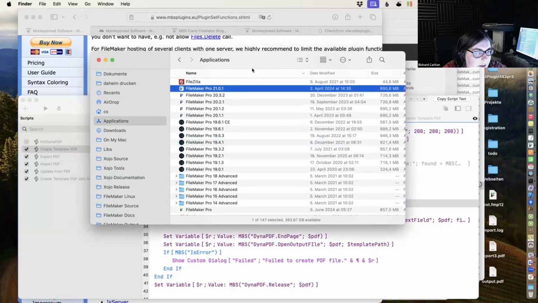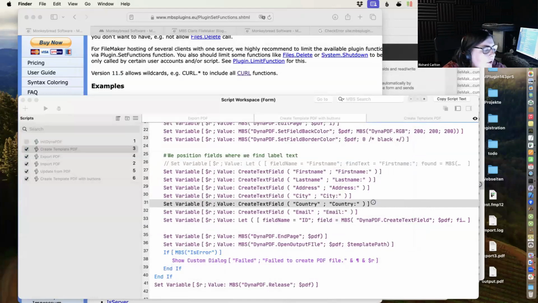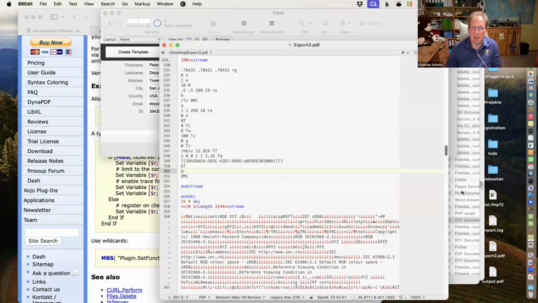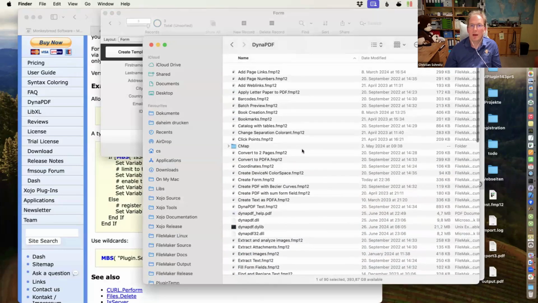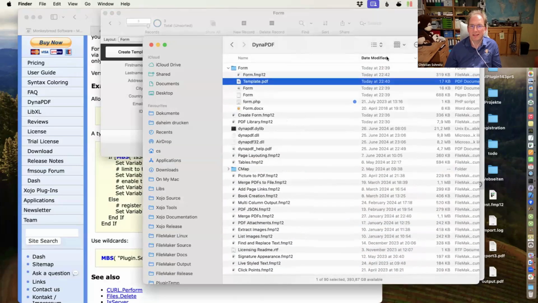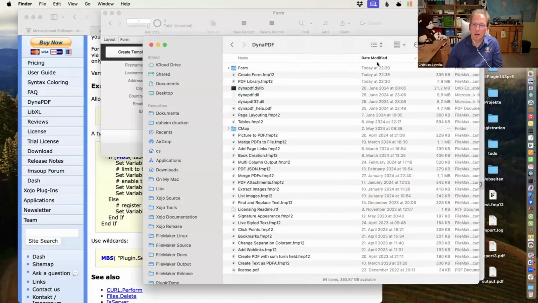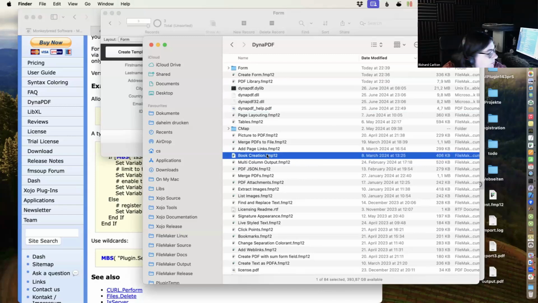So I wanted to ask you about that really cool book file where you made the book using MBS. What was that file called again? I don't even remember. We have an example folder. You can sort by date, and you find relatively new files on top. So like the page layouting one, maybe, or the book creation one. There we go. Okay. I was looking for that the other day.